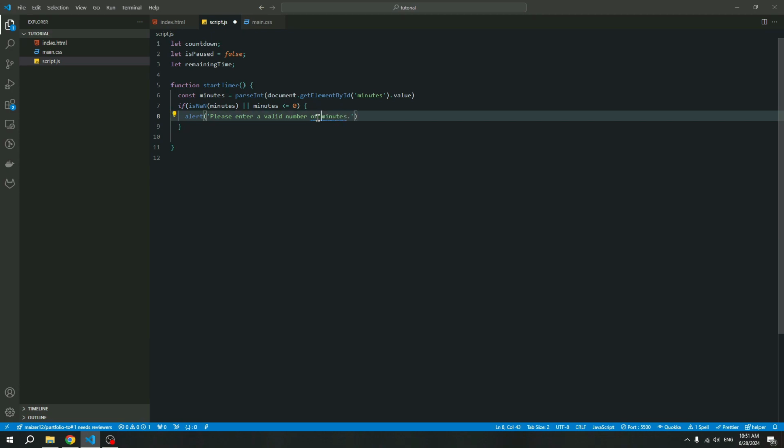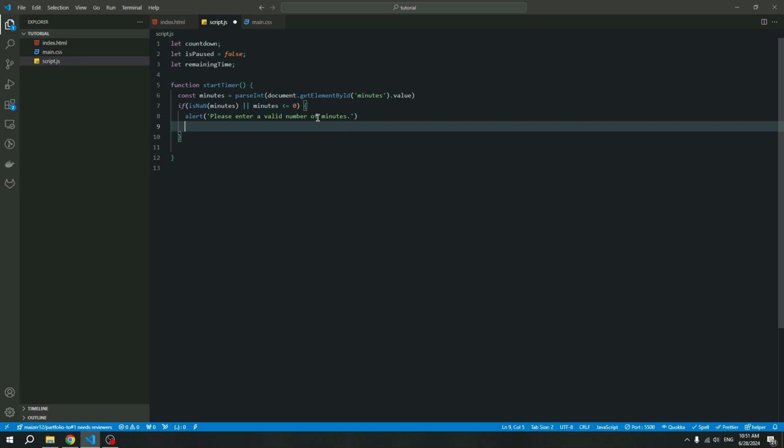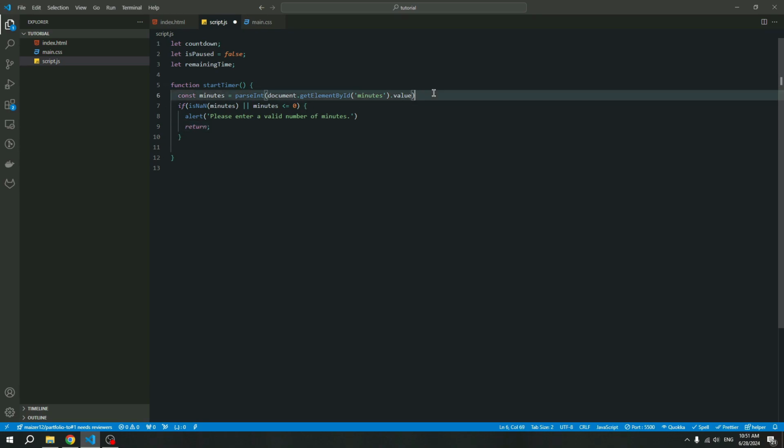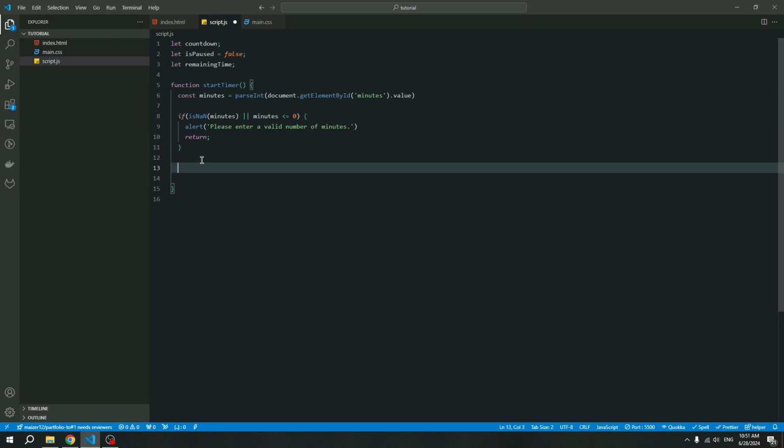And add point. Okay, and also we need to use return. It'll stop function. Okay, and if condition is false, we need to continue work our start using our remain time